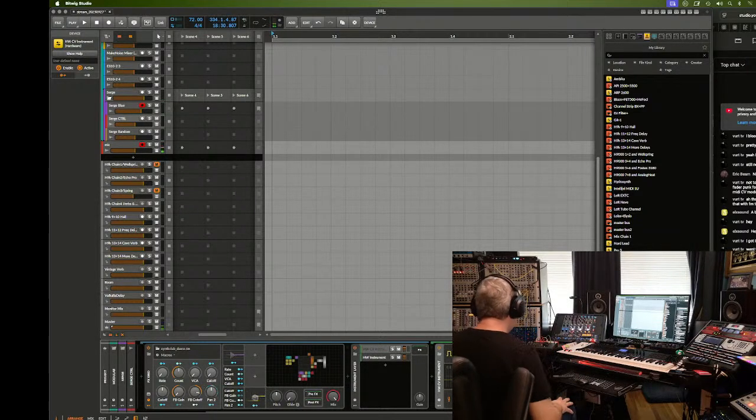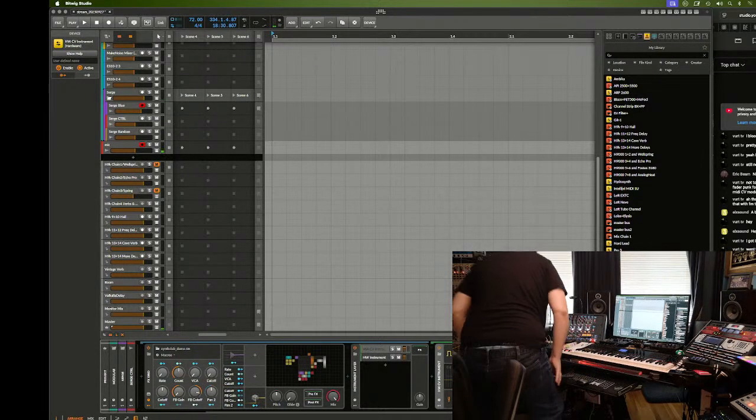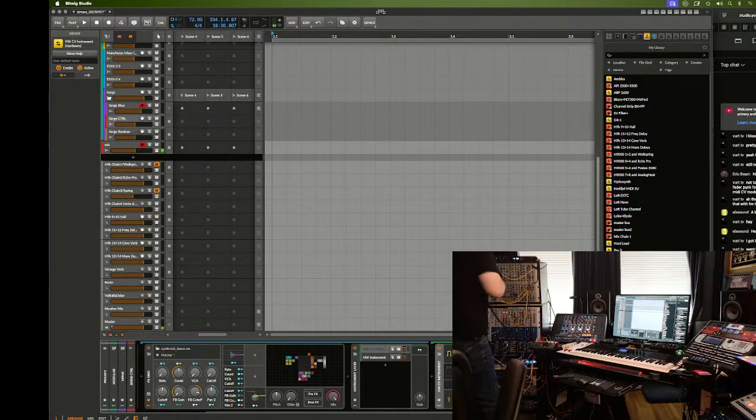And so one of the really useful things that Bitwig can do is it can take the output of an oscillator and compare that to a CV signal that it's sending to control that oscillator, and